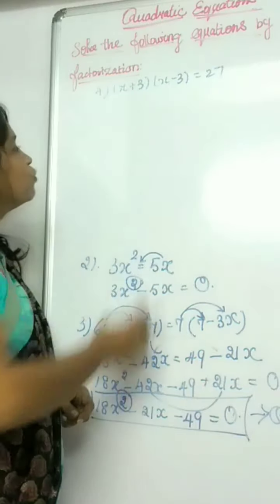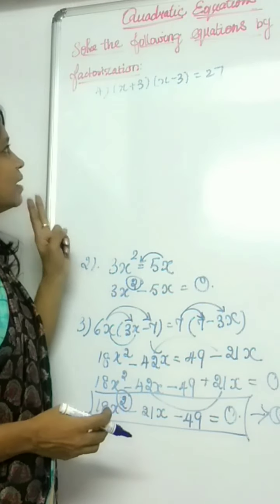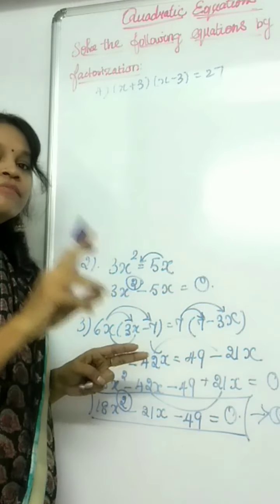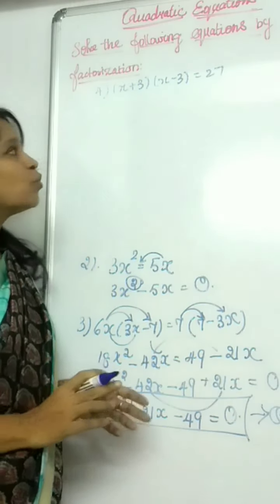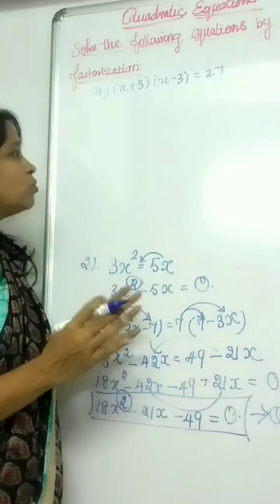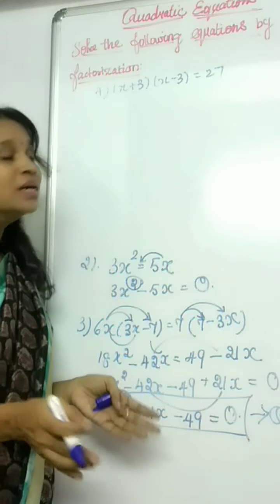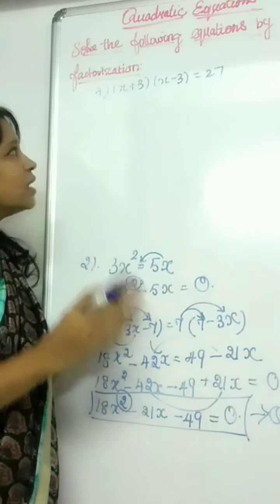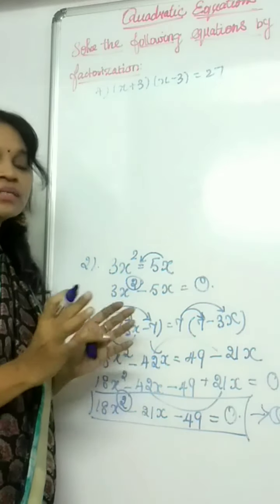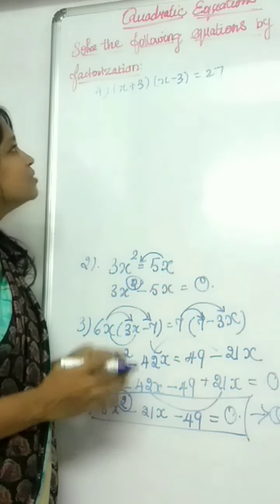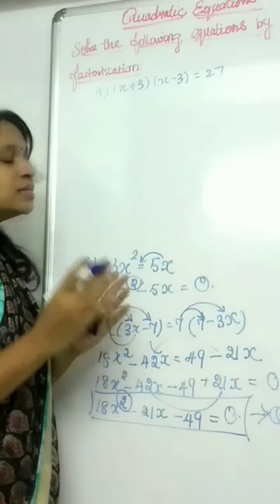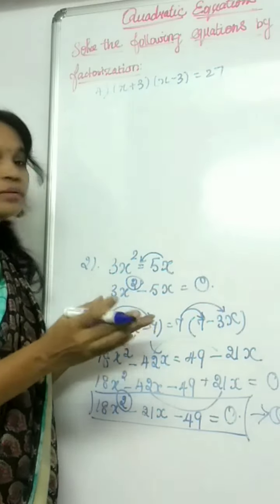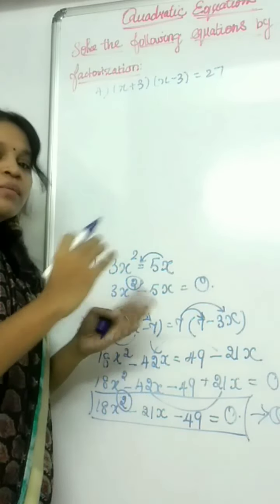And this is your fourth problem. Just look at the LHS side. We have a product of two linear factors, right? x plus 3 into x minus 3. So when you are looking at the problem, don't decide that it is not a quadratic. Only after solving the LHS side, you have to decide whether it is quadratic or not. So how to solve the LHS side? The two linear factors are in the form of a product, which means we want to multiply both factors.